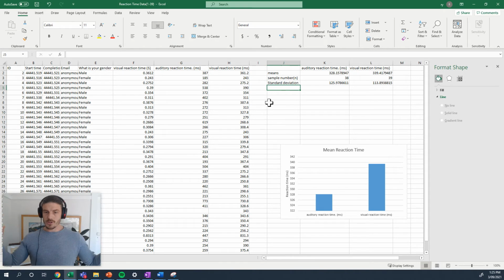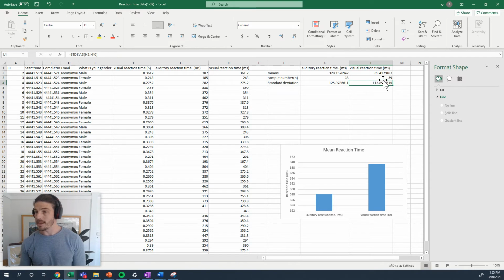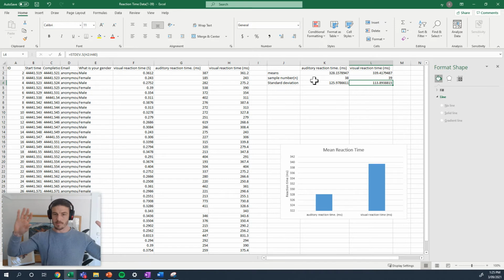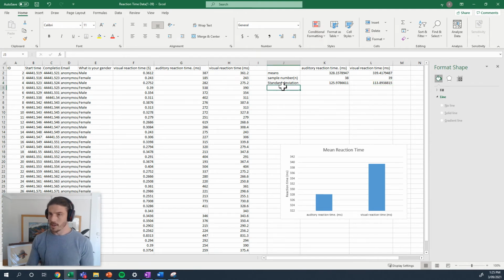So standard deviation is interesting, it's good, it tells us the spread of the data, and I can see that people tend to get closer around the mean for visual than they do auditory. There was a much larger deviation. People fluctuated much more from one another in terms of the auditory. And even when I tested this and did one for one, I found the auditory was probably a little bit more fluctuated for me on a personal level. That's very anecdotal. But now let's look at